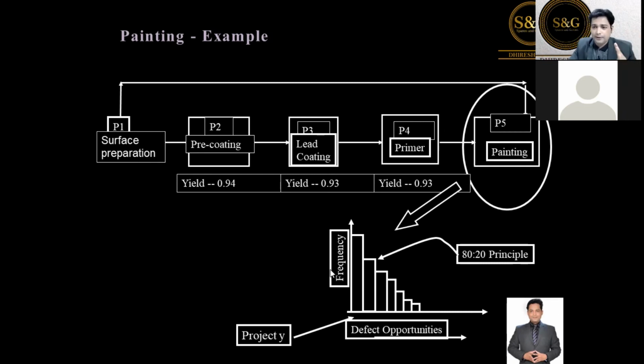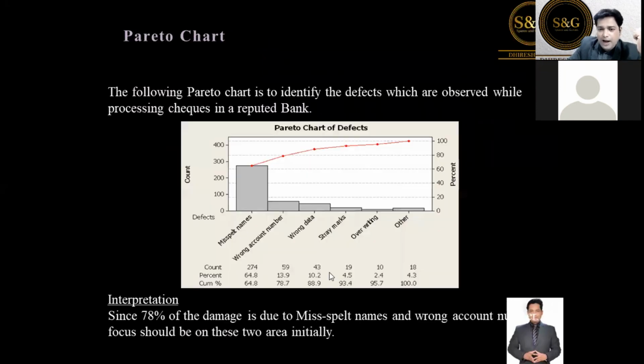The top 20% contributors of the defects are your projects. Very, very powerful method. We are using this in all consulting formats, guys. We go into the company, collect the data in the same fashion, identify the lowest throughput yield, and then we attack that. Okay, that is how the projects are identified.